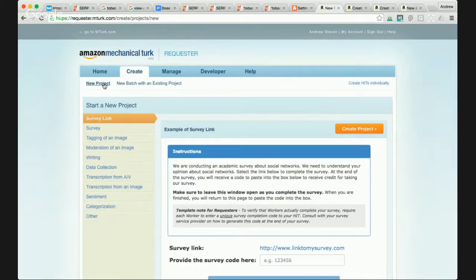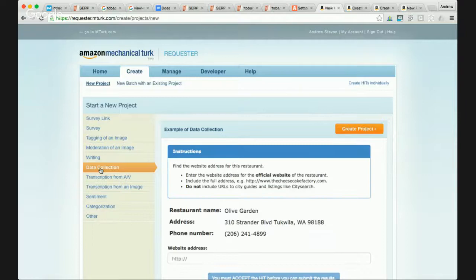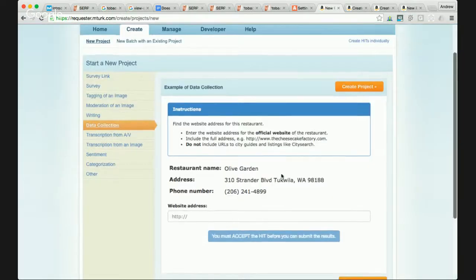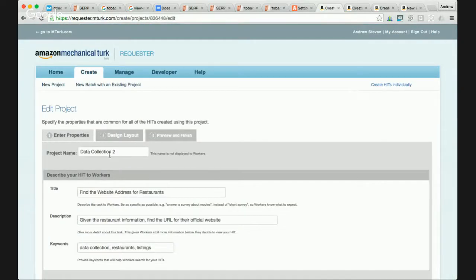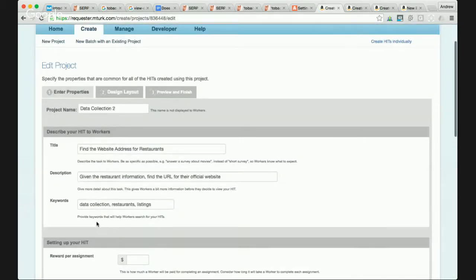Okay, here we go. So here's where we're creating a new project, and we want to choose data collection. This is what it might look like, just a preview. And then we have to fill out all of these fields. You can fill them out based on the information which Tom has given us in the article, which is what